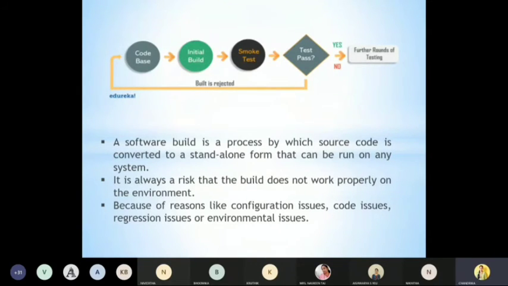There is always a risk that the build does not work properly in the environment because of reasons like configuration issues, code issues, regression issues, and environment issues. So an initial build is subjected to smoke testing before it is sent to the other levels of testing.